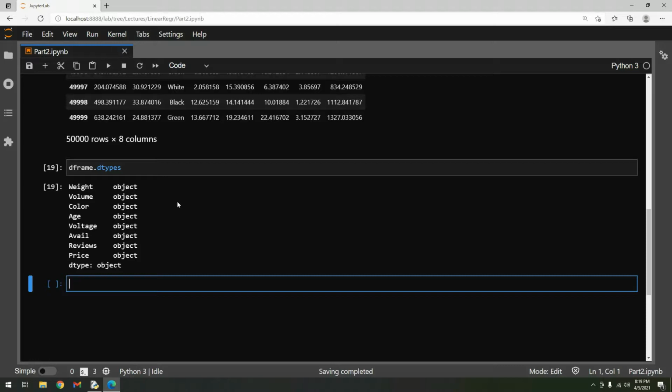What we have to do is simply call a special function on the data frame, which is convert dtypes, and this function will do the following. It will review all the actual data stored in our data frame, and it will try to pick the best type which describes them. So what we need to do is put dframe convert dtypes,